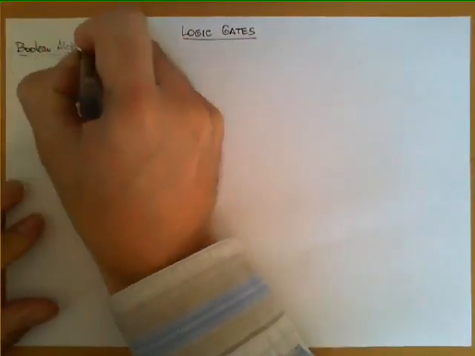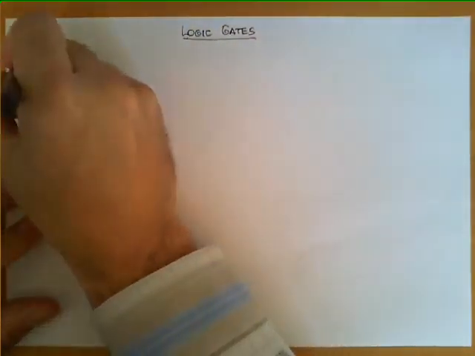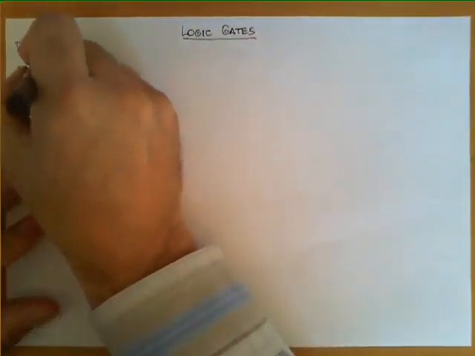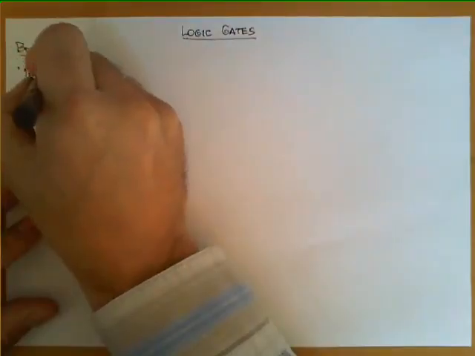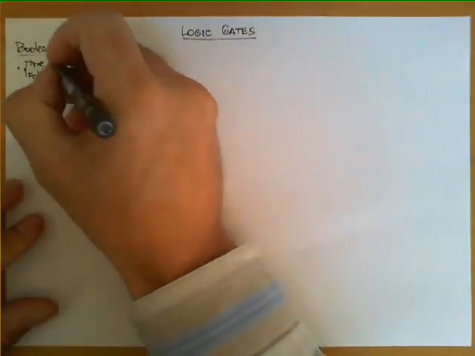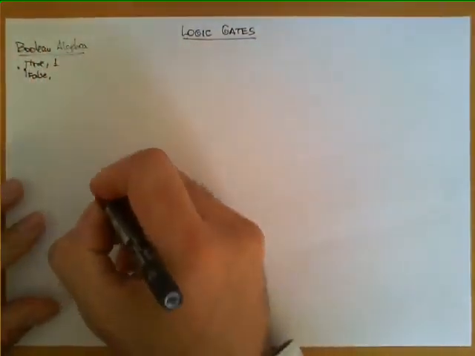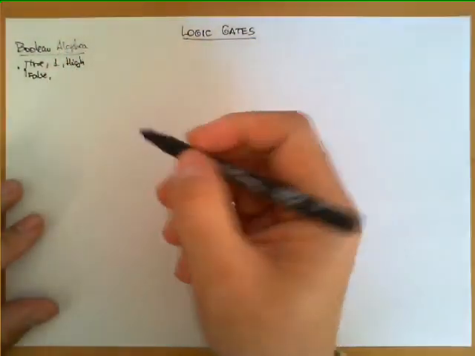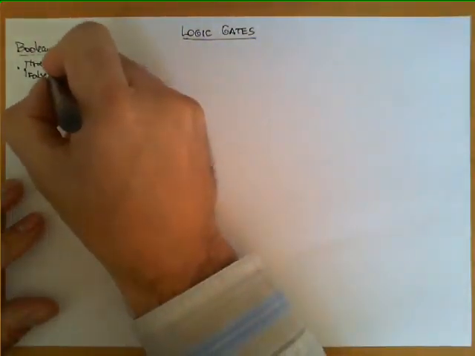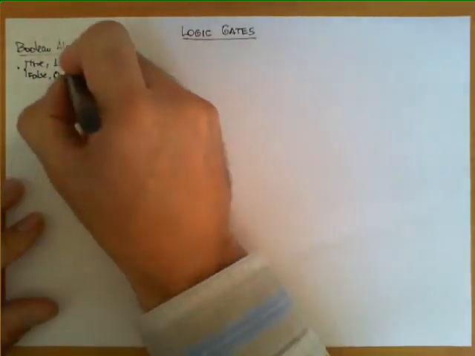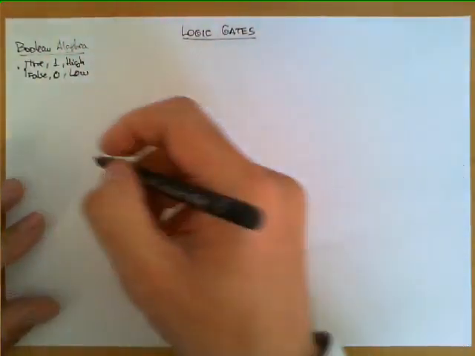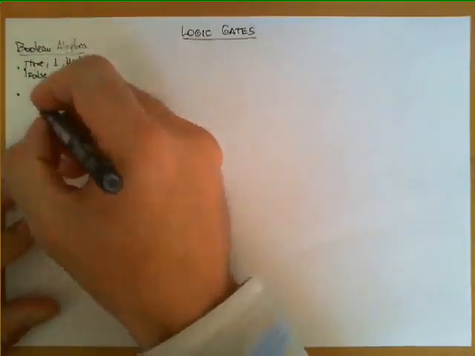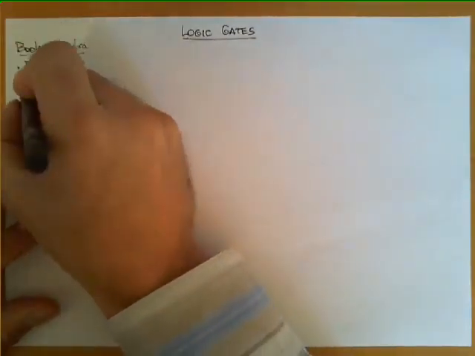In a Boolean algebra, there are typically two symbols, which are true and false. And in the context of logic gates, true will be represented as the number 1, or if we get closer to the circuit level, a high voltage, and false will be represented as a 0 or a low voltage. And then in the context of Boolean algebra as well, we have three basic operations, which are